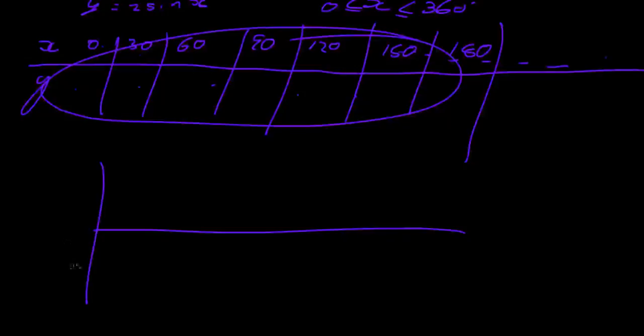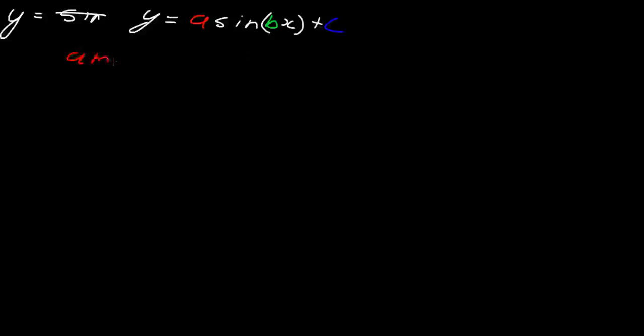Alright, so now there's one more thing that can happen with these trig graphs, and that is a shift. Okay, so I'll give you the full general form of a sine graph. y equals a sine bx plus c. Okay, so we've already determined that A is the amplitude,